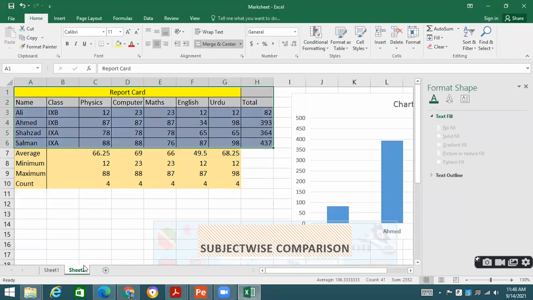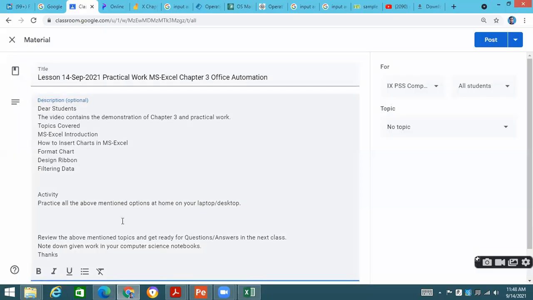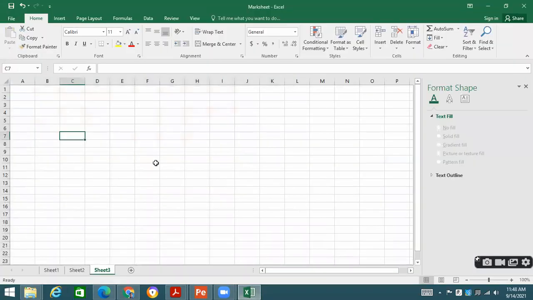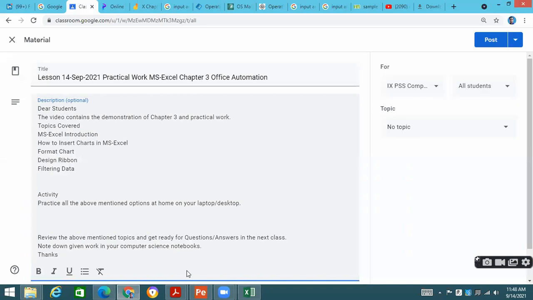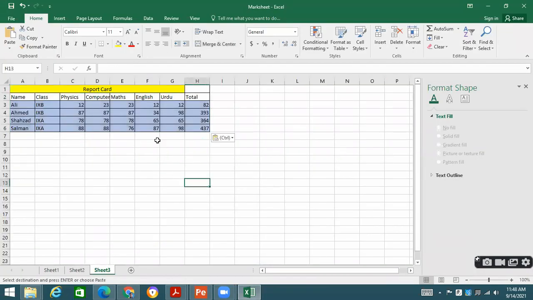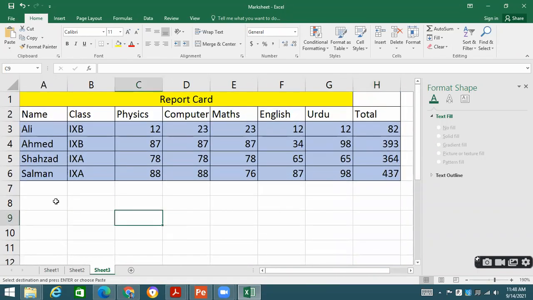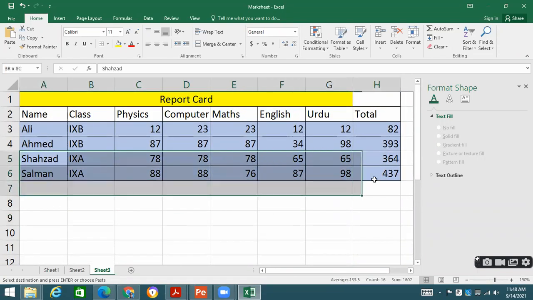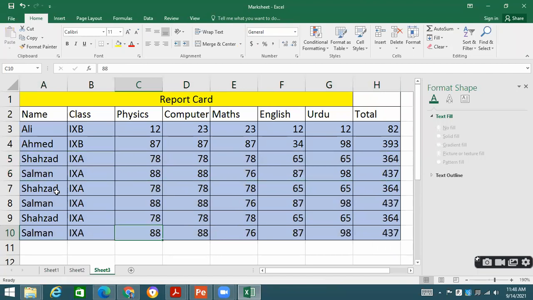In the same sheet, this is the data. Please see over here. I'm entering some more data over here, by changing the names.